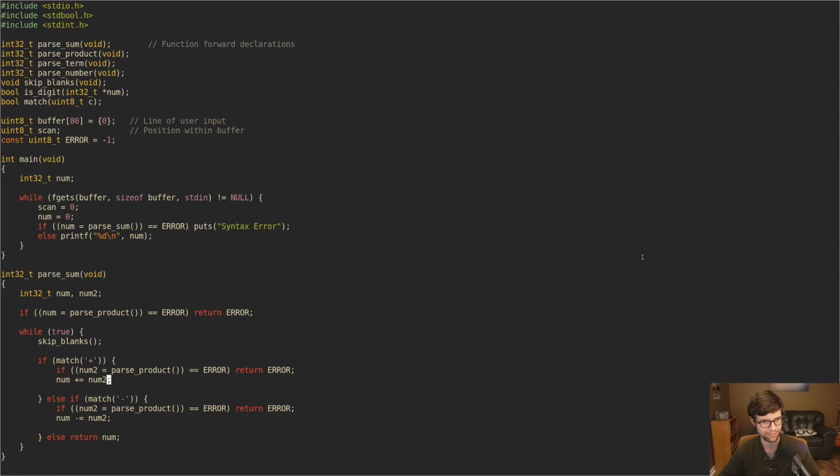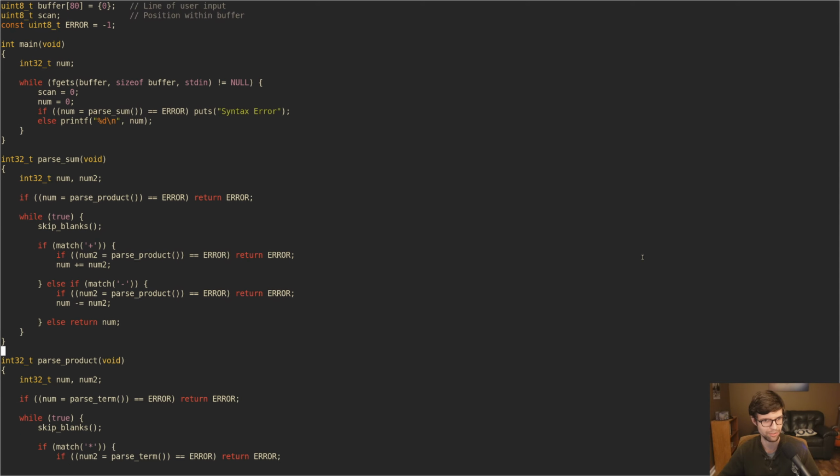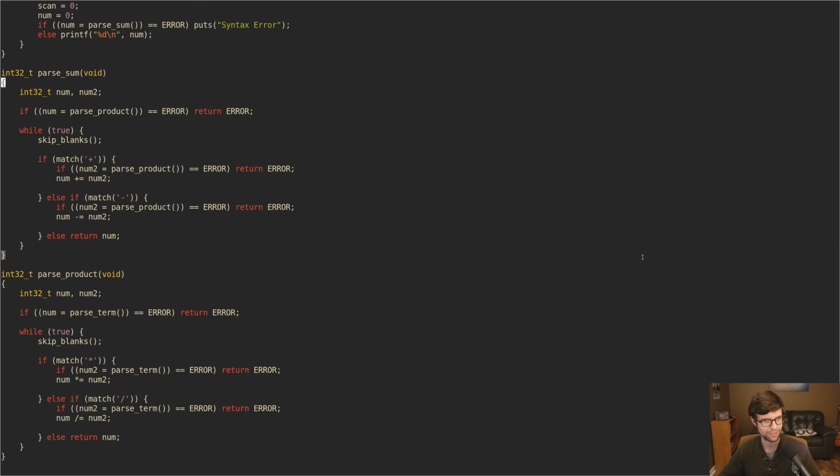So we have that. This is not the best way to write C. This is how I wrote it to be succinct, to be small. So if you have issue with it, I'm not a great C programmer. Sum is defined as, if it equals parse product. So that follows the Backus-Naur form. Let me just